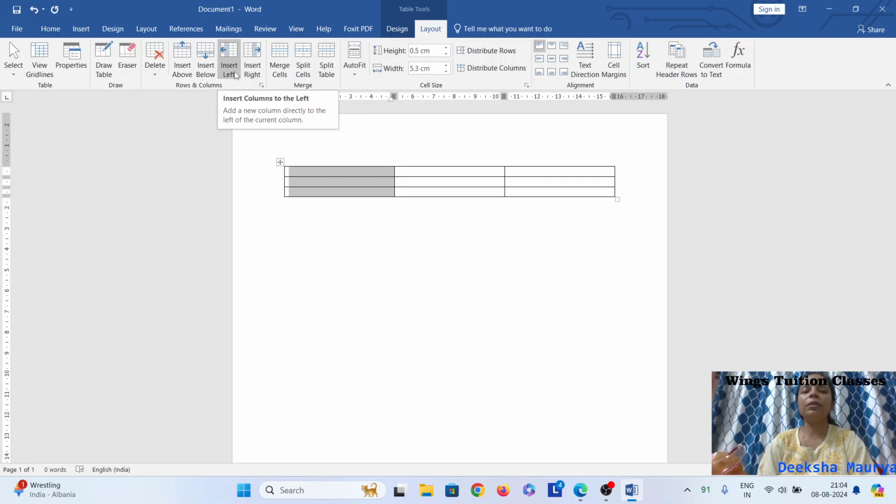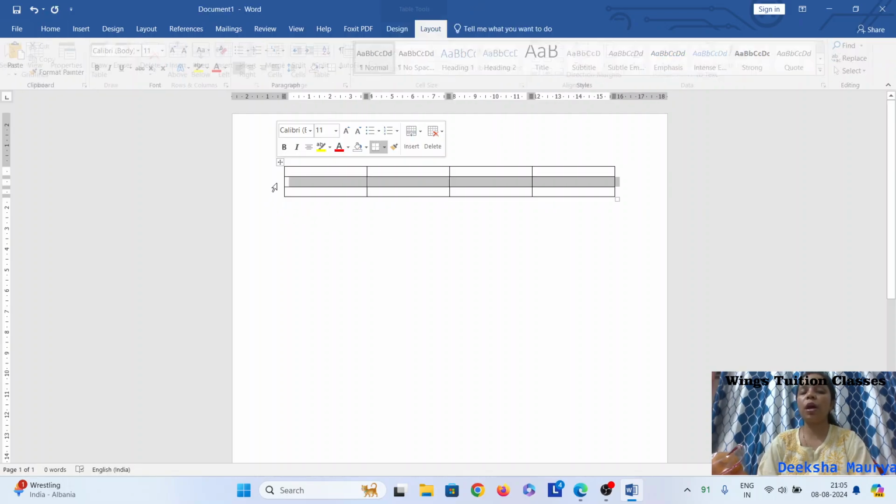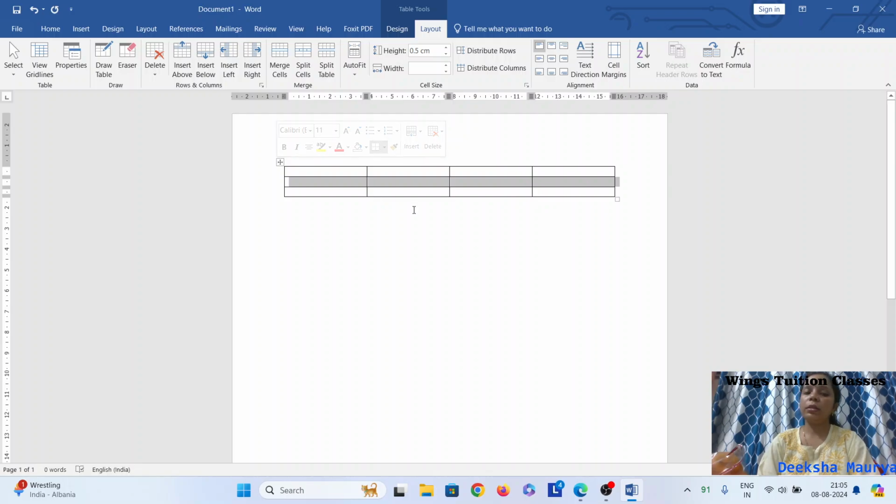Insert left will insert the column left of the selected one and insert right will insert the column right side of the selected one. So I am clicking here insert right. So what you will see, one more column is inserted here on the right side of the selected one. Now if you want to insert rows, like I want to insert one row after this second row, same method